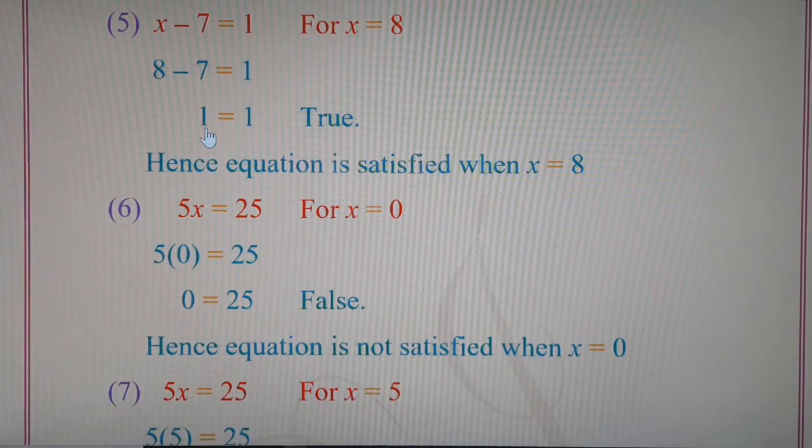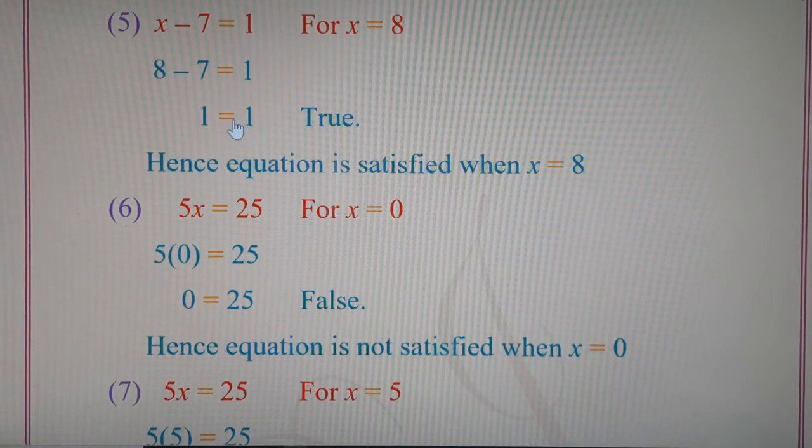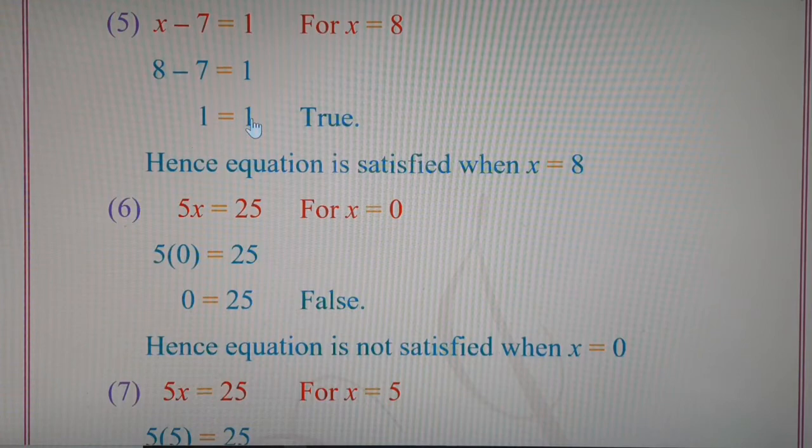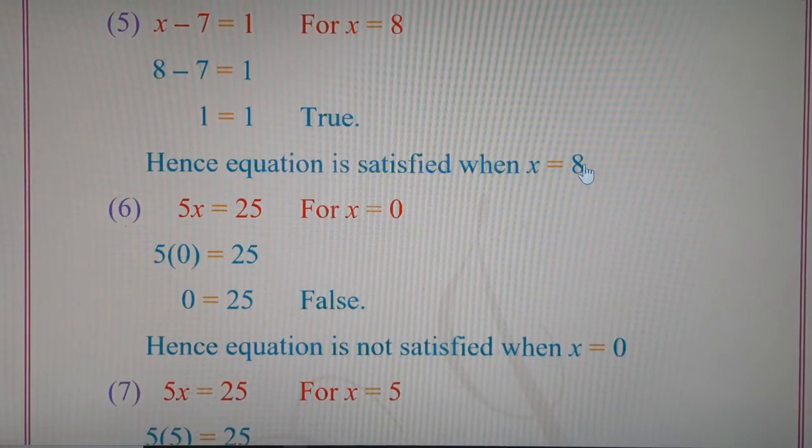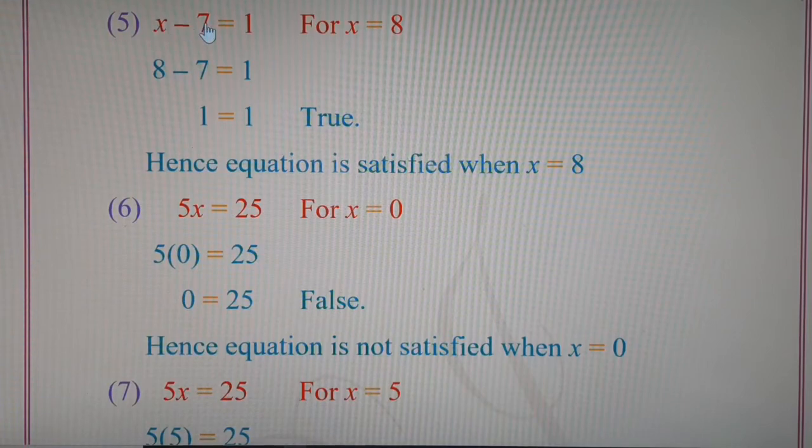On the left hand side, we get 1, and the right hand side, we get 1. And the equal to sign is there in between. So 1 is equal to 1. Is it true or false? Yes, it is true. It is correct. So we can say the equation is satisfied when x equal to 8. So when x equal to 8 is substituted, then the answer becomes true on both the sides, left hand side and the right hand side. And like I said, remember children, the left hand side is called an expression, the right hand side is called an expression, and when there is an equal to sign in between, then it is called an equality.